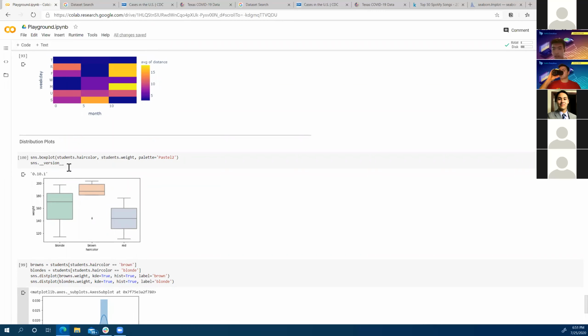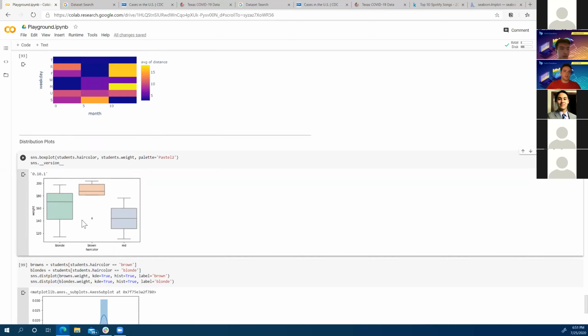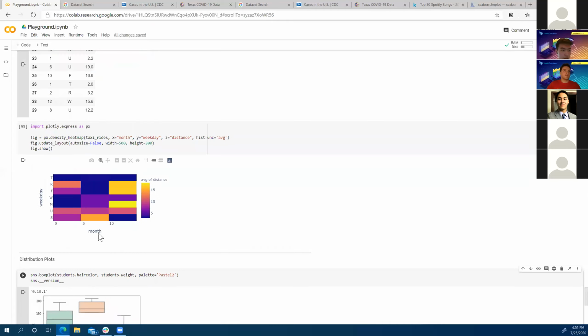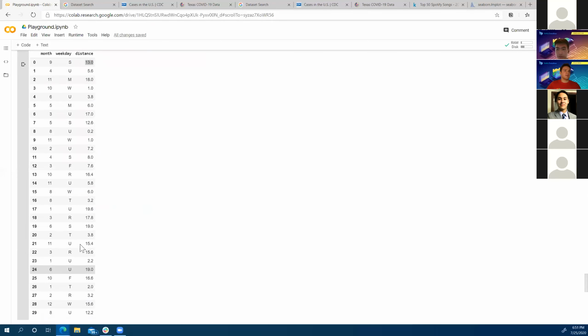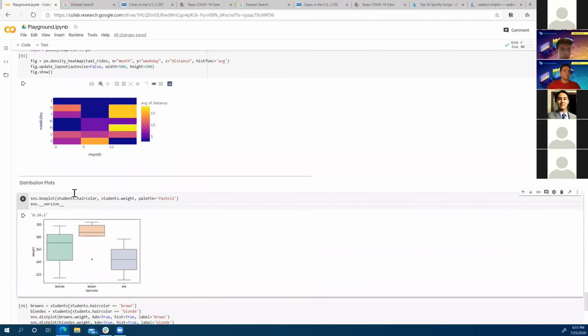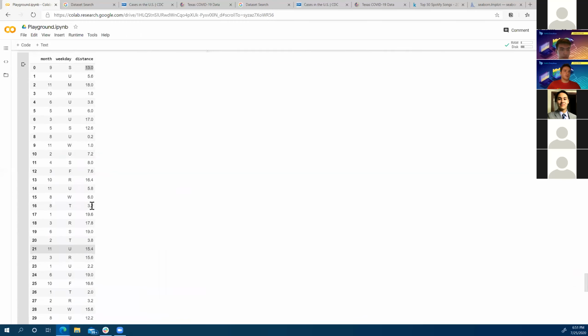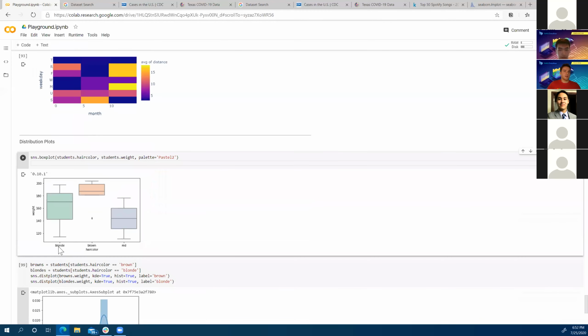From Megan, she's asking, do you have the same ranges on the y-axis? I'm not sure which graph she's referring to. Yeah, I think she's referring to the box plot. Okay, I appreciate that, Megan. I wonder, there might be a range function on a particular column. Like this is blonde, brown, red. Which one is it? Oh, you use box and plot. Oh, okay.